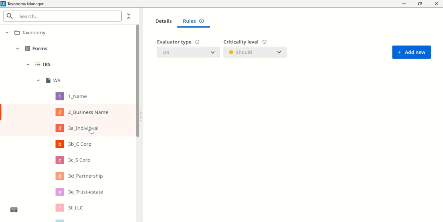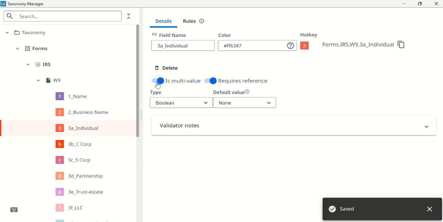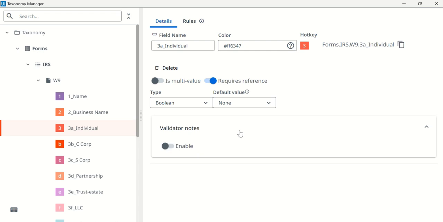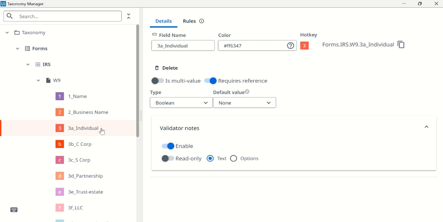Similarly, we can add rules for all the other fields. Apart from that, if it's multi-value, we can enable this toggle button, and we have validated notes. Whoever is validating this data, if we enable this option, they can add notes while validating those fields. If they have any particular reason to keep that extracted value or change that extracted value, they can add the